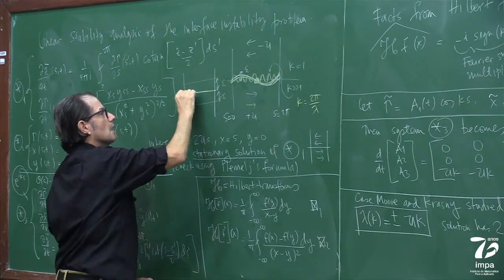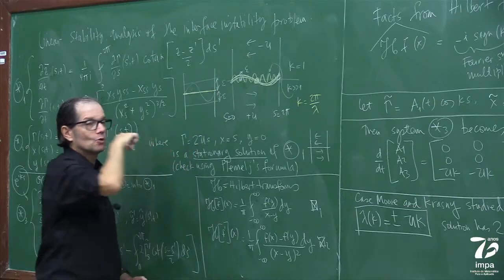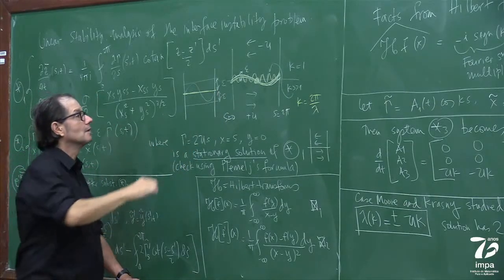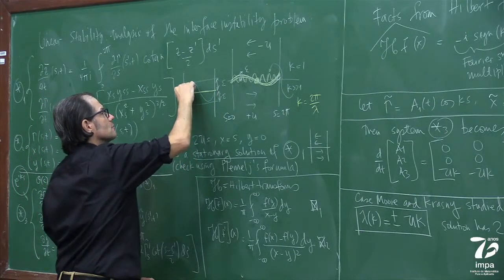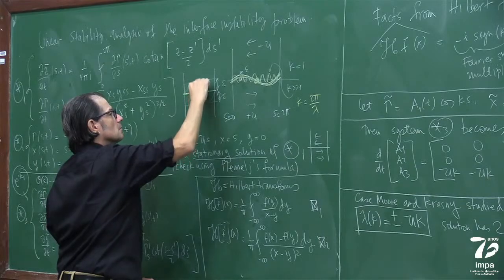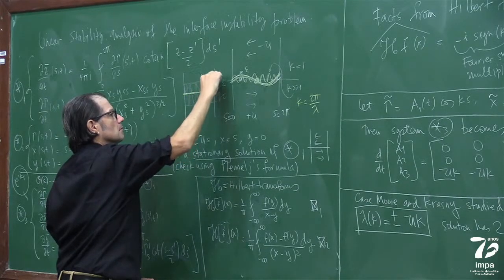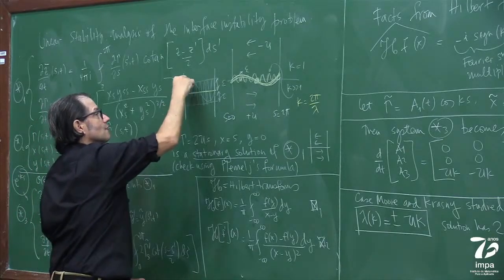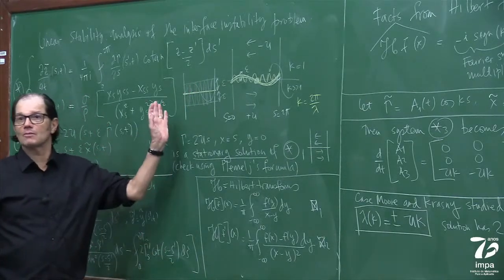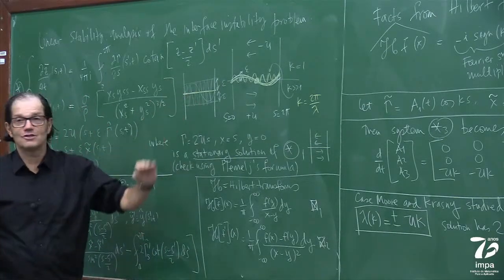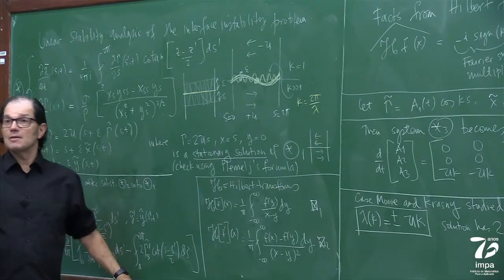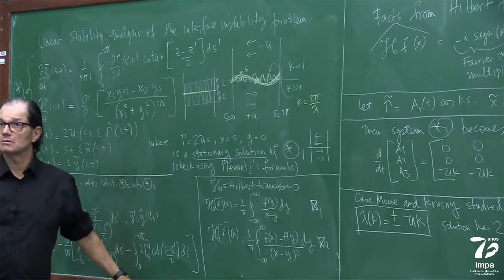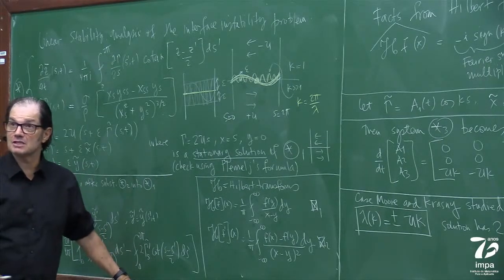So this is k equal to 1. And I can start increasing my frequency. Okay, and I continue increasing my frequency. I'm not going to do more, or else I'm going to just color this in white. And I keep on increasing my frequency. It's like the Fourier series, because it's periodic.